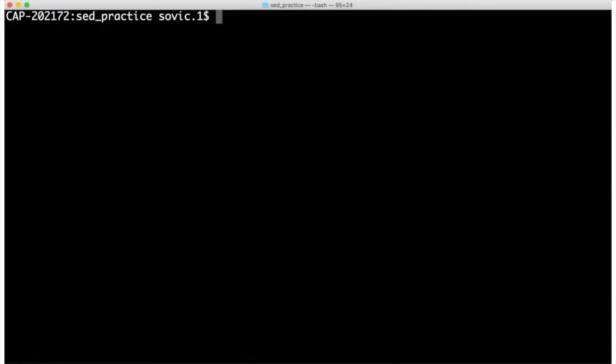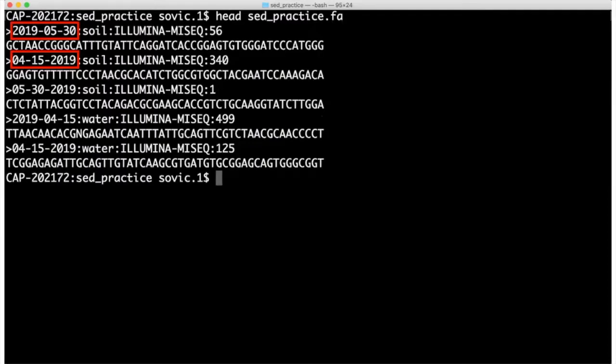Now, let's explore the behavior of regular expressions in sed a bit more by taking a different approach to achieve the same result. Another characteristic of the name lines in this FASTA file is that they all contain a date representing when the sample was collected. If you watched the video on using regular expressions, you might remember that the format of these dates is not consistent, with some recorded as year, month, day, and some as month, day, year, as we can see in the two examples highlighted here. We'll come back to that issue shortly, but for now, let's just focus on the 4-digit year that's in all of them,